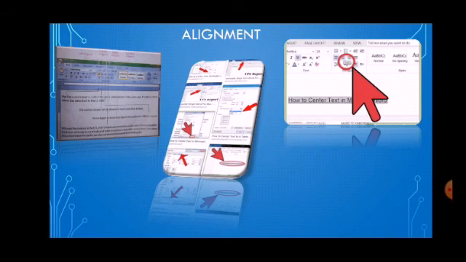Right alignment means text is lined up along the right margin, and center alignment means text is lined up around the midpoint. Justified means that text is lined up along both the left and right margin, and you can set your text as you want by the alignment.